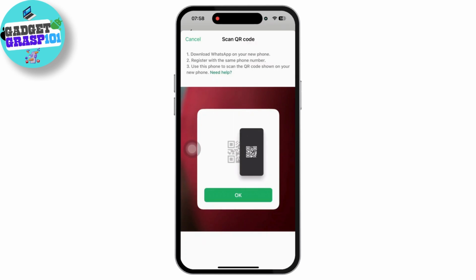All you have to do is scan this from your Android phone. So now all you have to do is scan it and all the chats will be